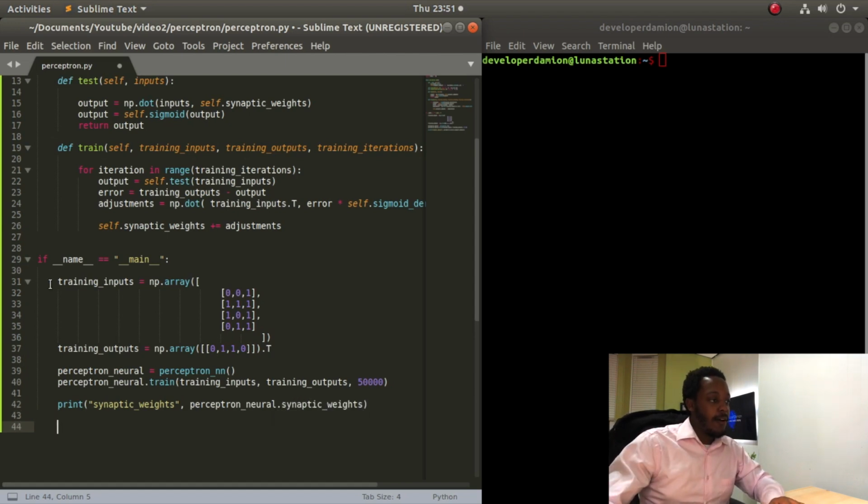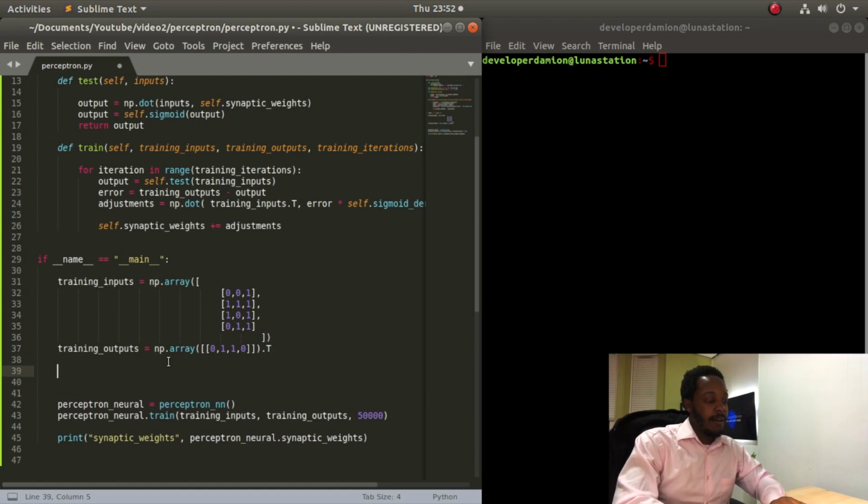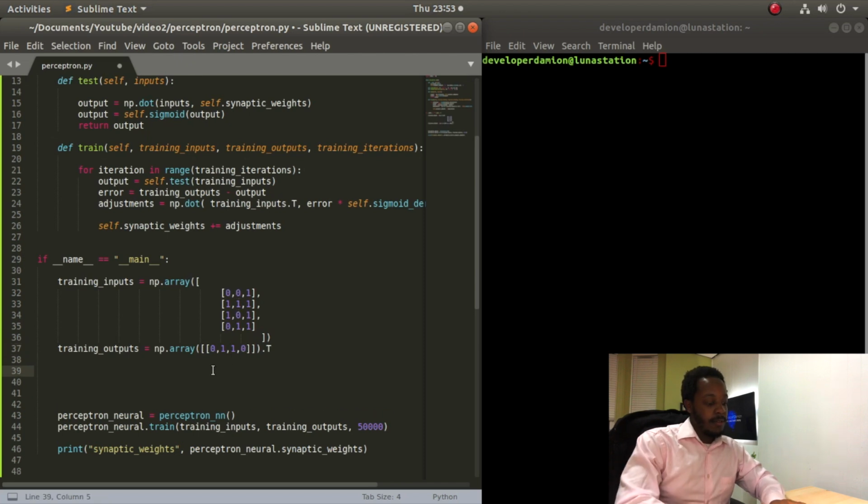So we have our training inputs and our training outputs, but let's create some testing data. Okay, so our testing input is going to be a NumPy array consisting of 0, 1, 1, which is the last value of our training inputs. So after training, we should test it and get an output value very, very close to 0. So let's see, testing input equals NP